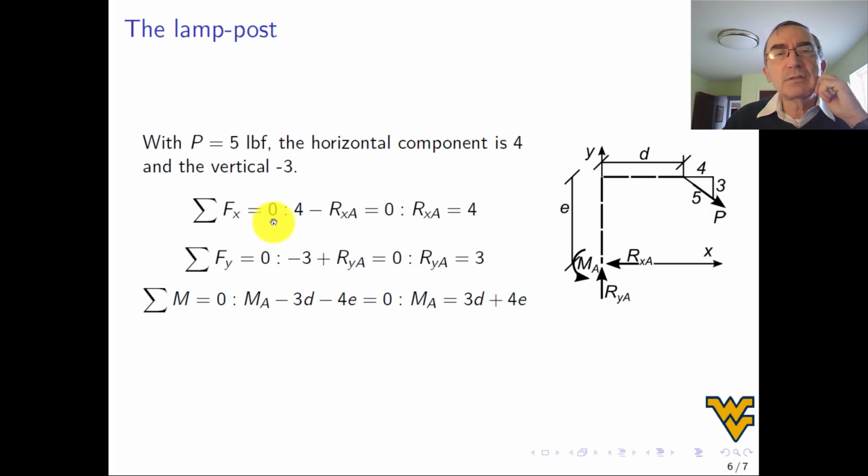Summation of forces in the X direction is equal to 0. That will be 4 pulling that way, minus Rxa equal to 0, okay? And now you see that I put this Rxa because I already saw this 4 pulling away, so I put it like that, so the result is positive. But you could have chosen to put this arrow in a different direction, no problem. It will come out negative, that's all. So then the summation of forces in the y direction, okay, so then I say, all right, I got this minus 3 coming down, plus Rya going up, is equal to 0, so Rya is equal to 3.